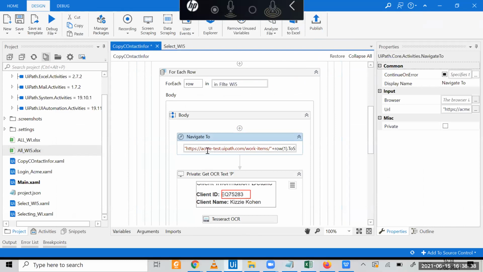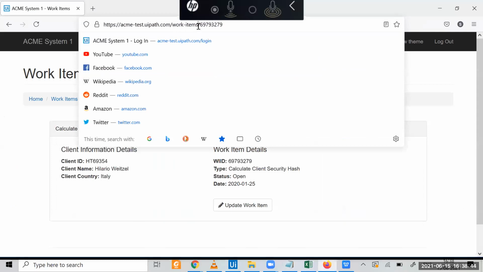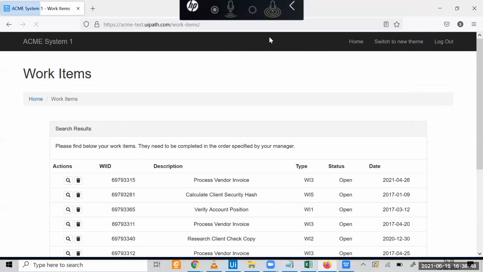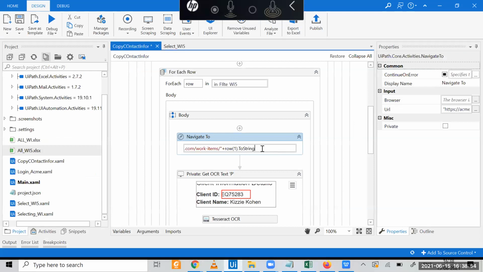Here we are going to navigate to this browser, right? We have to navigate till here, and here we are going to paste, right? What are we going to paste? We are going to paste the row 1 value of the WI5 Excel, right? The row 1 value, this one.